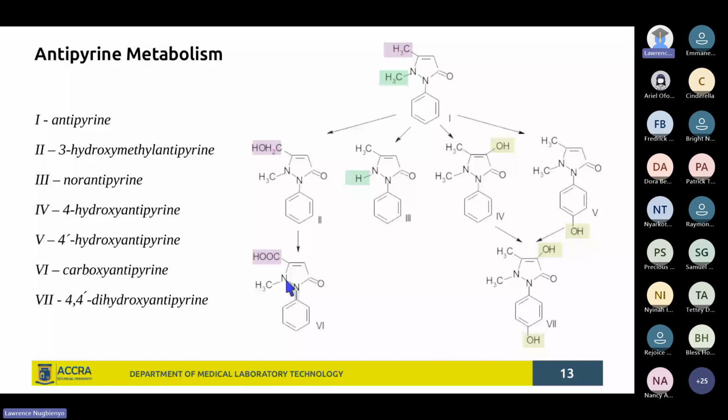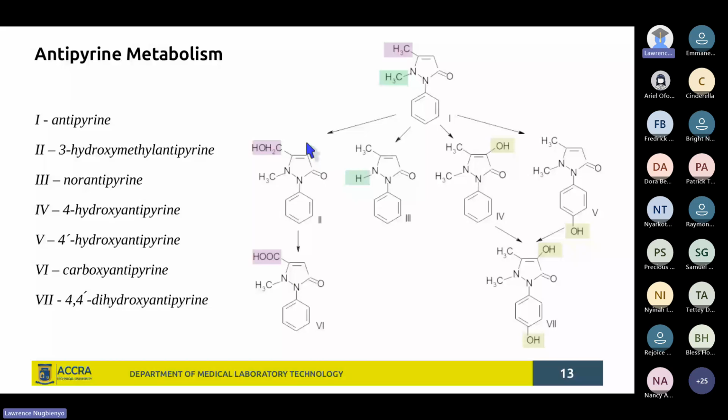So for instance, what you are seeing on your screen now, you have this drug at the top here, which is labeled number 1, antipyrine. That's the structure of antipyrine. So it's an analgesic. And you can see that it's taking different pathways. From it, you are seeing 4 arrows coming down. If you take the first arrow down this way,